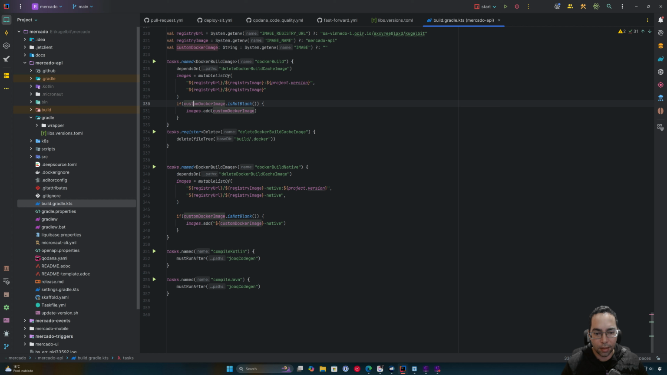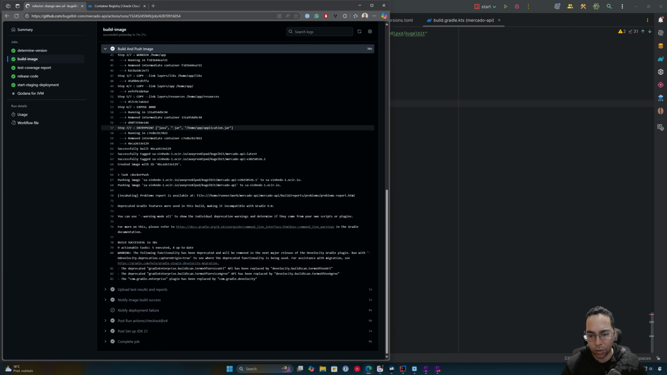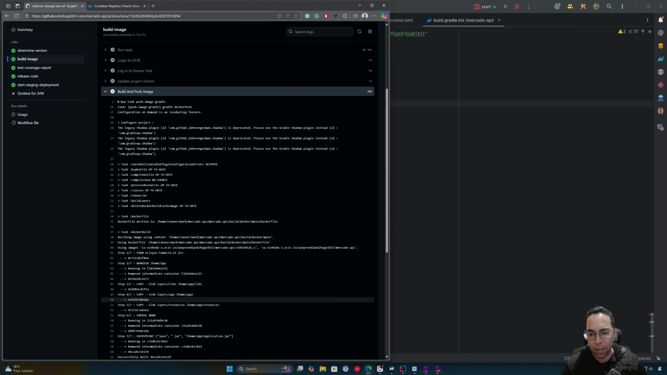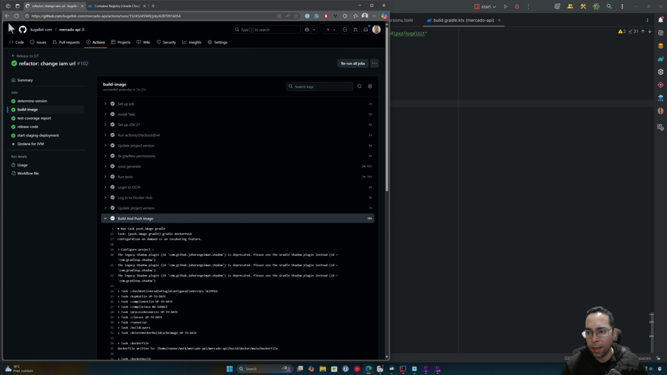And that's it, to build the native image, if we're building a native image here, without using JVM. And once we build the image, we can push to the registry. We push to the registry and we notify that the action is done. Now, after the action is done,